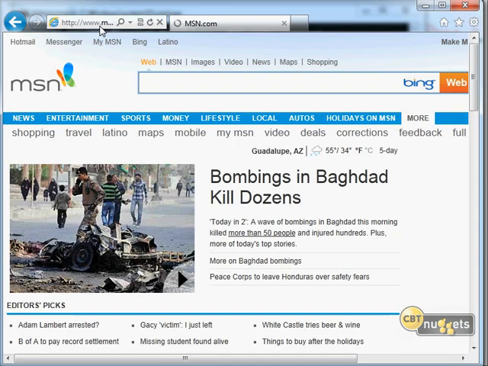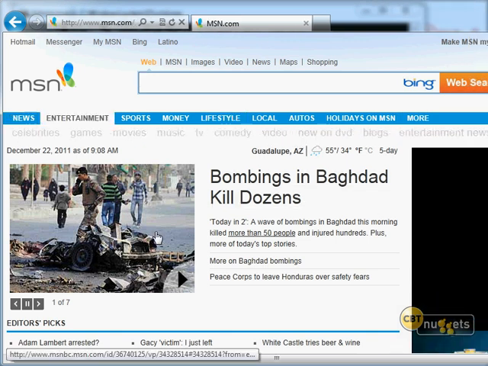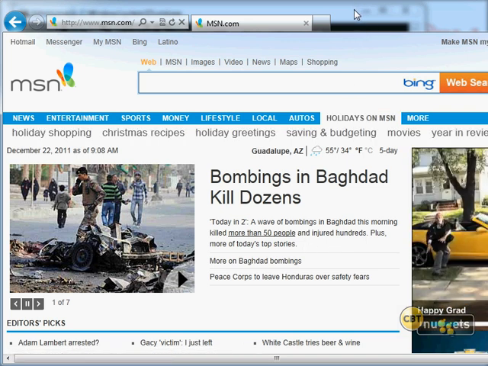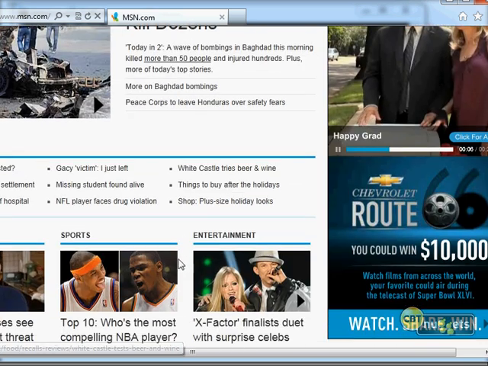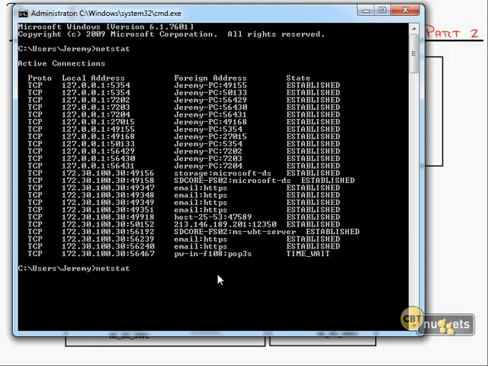MSN.com. Now I went to MSN.com, which I can see here is a web page, right? I'm looking at some horrible news right here on the front, and some very, very odd commercial over there on the right. And so I'm looking at this. I'm like, okay, it's a web page. But I go back and do my netstat,